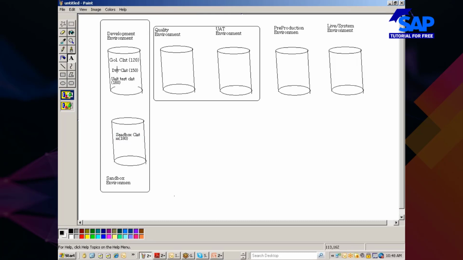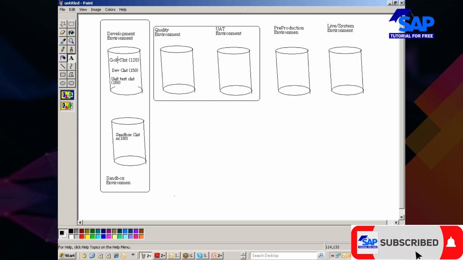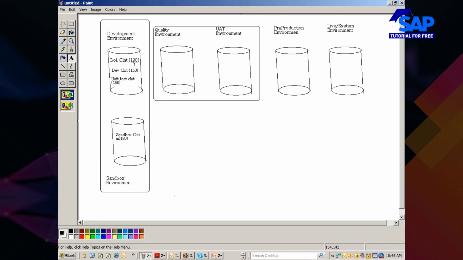By doing this, what am I doing? I am separating the space: golden client, development client, unit test client, sandbox client. It means I'm making the entire server into 4 drives. Each drive is referred to as a client here.